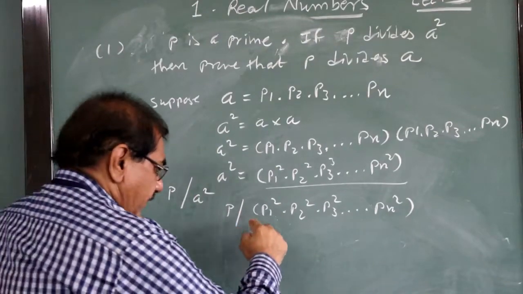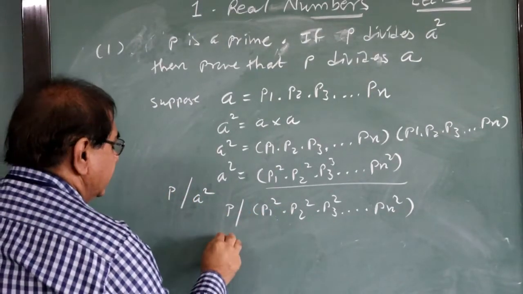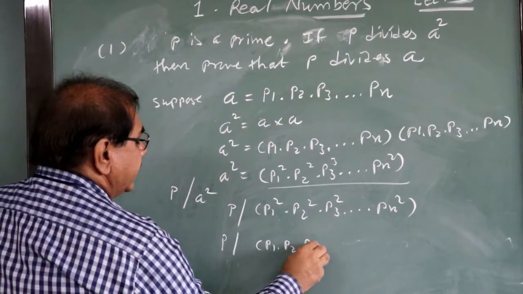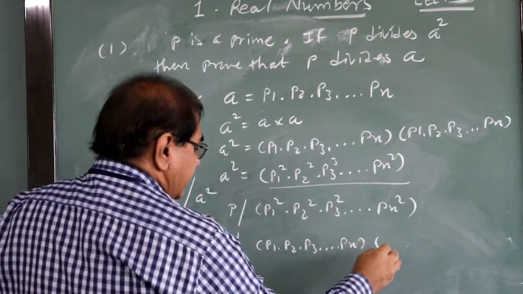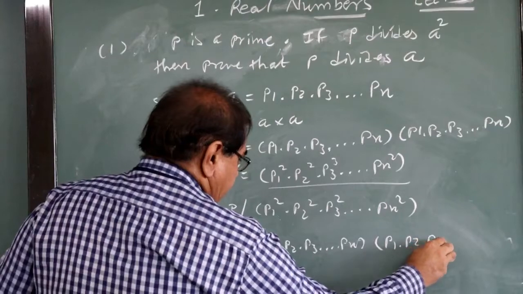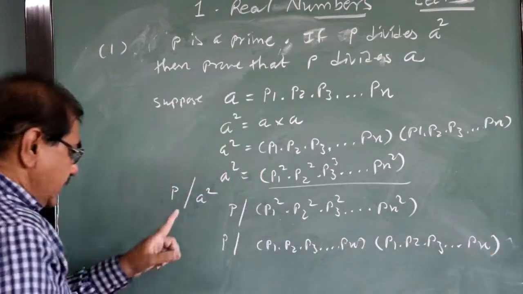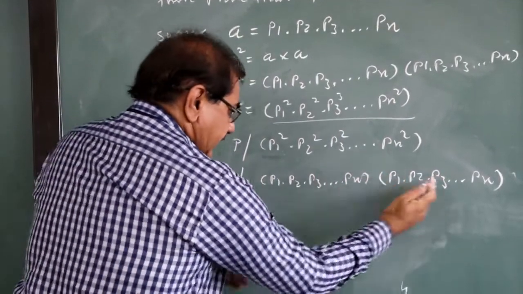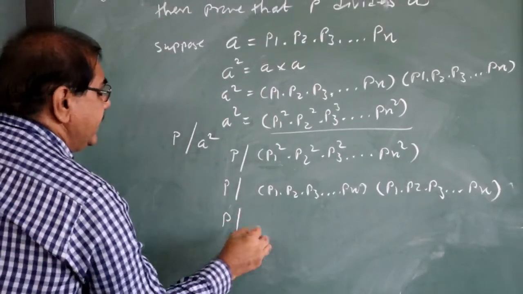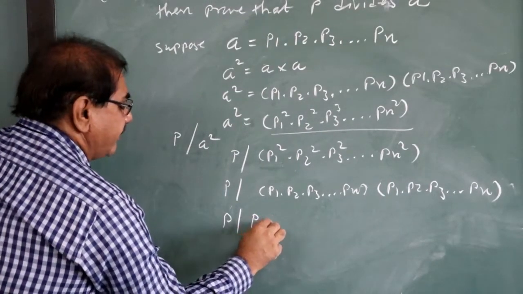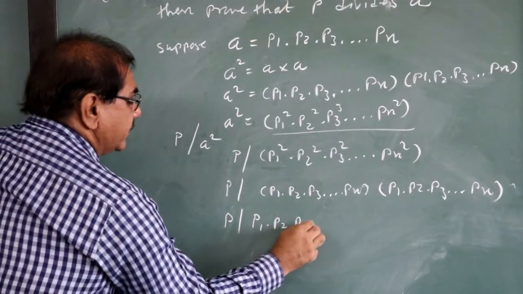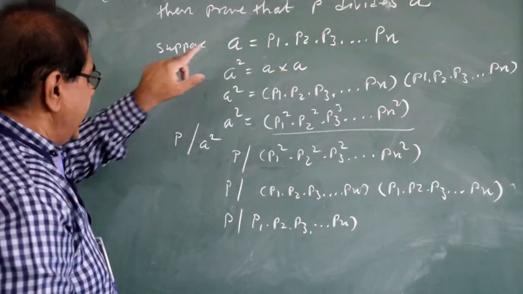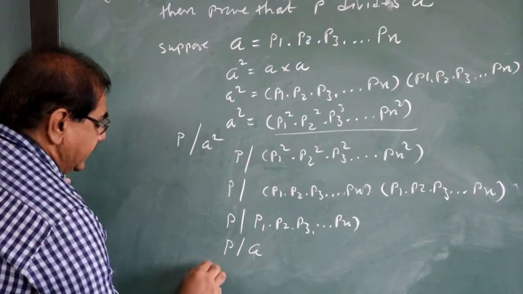And this is P1 into P2 into P3 up till Pn into P1 into P2 into P3 up till Pn. So P is a factor of this and this, but these both are the same number, so I can say P is a factor of P1 into P2 into P3 into dot dot dot Pn, and this is the number A, so I can say P divides A. So therefore P